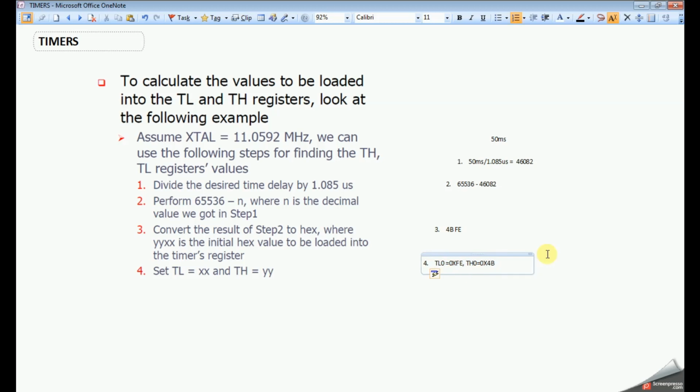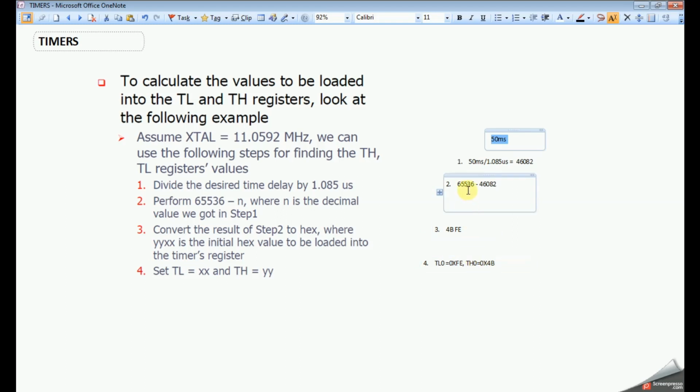So like this we can generate for any delay. For example, if you need 25 millisecond we can generate, or 10 millisecond also we can generate. So how much is the maximum we can generate? The maximum is the value equivalent to 0000, that is TL0 0 and TH0 also 0.